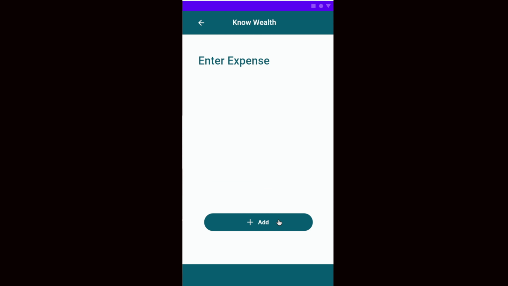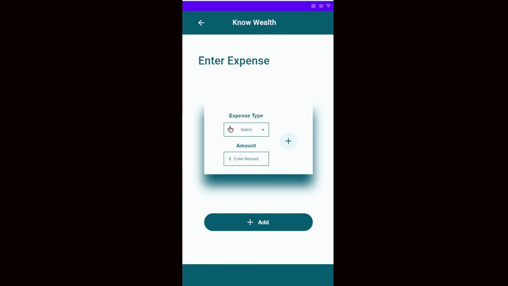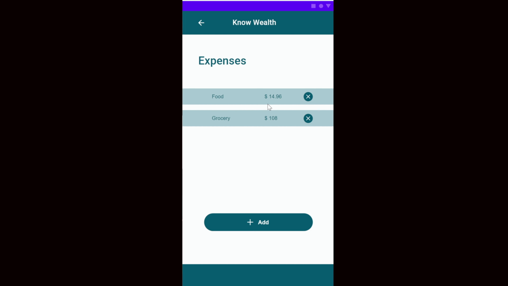You're gonna go through a similar process. You're gonna enter your expenses, selecting them by the drop-down list. Say we went out for food and we spent $14.96 on a meal. You're gonna add them, and then you're gonna start creating a list of expenses that you have bought that month, or every time you spend something you add an expense to the app, and it will keep